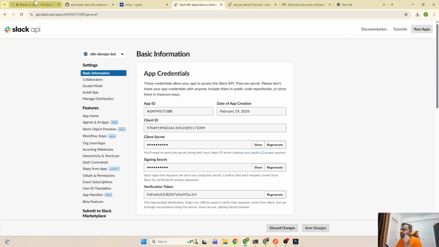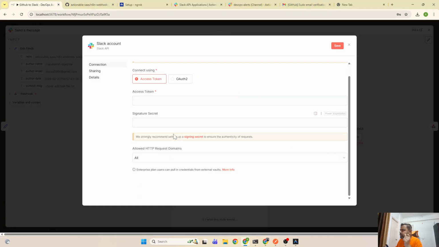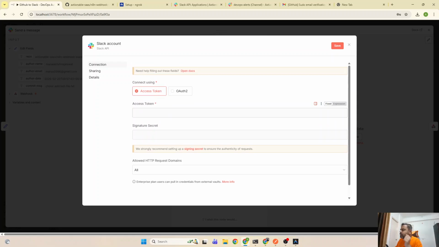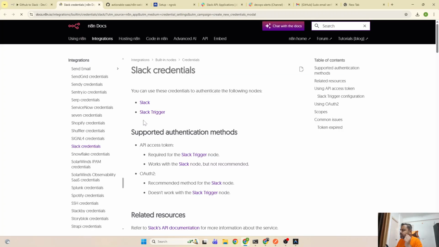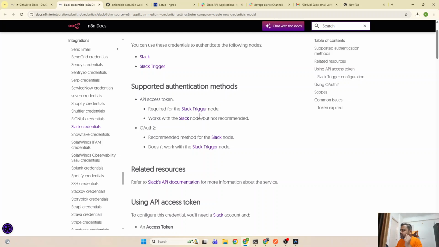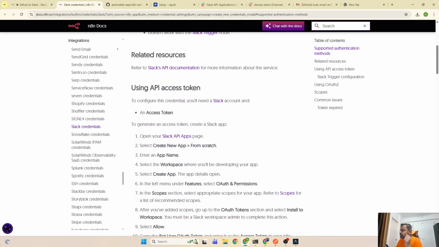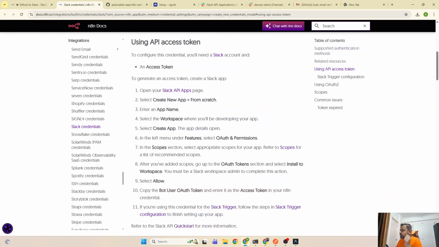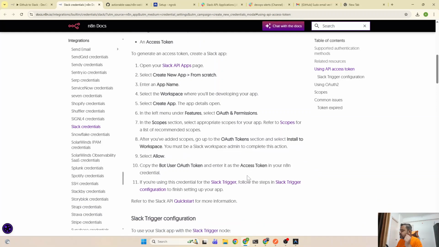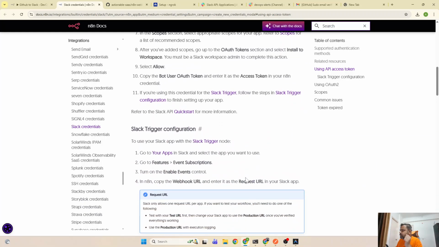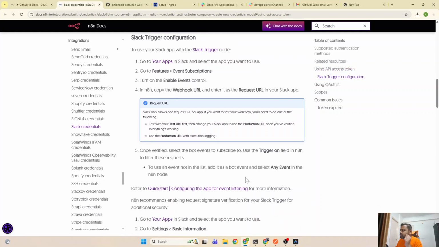What are the details it is requiring to have access token and signature secret. If you want to open the docs, you can also have the docs from here. So API, these are the API access token, and once we create it, in the left menu there is OAuth and permissions. We can get it from there. If you are using the Slack trigger as a webhook, we can also use this. So once we create a Slack app and add this,